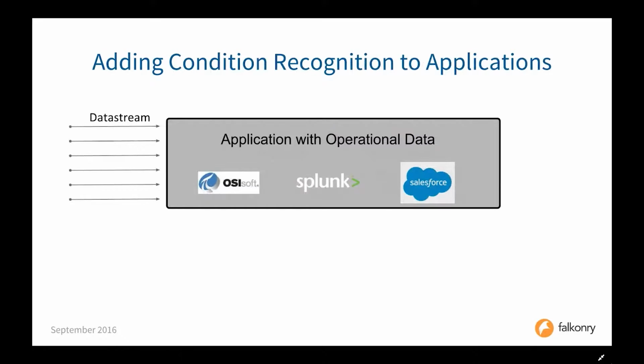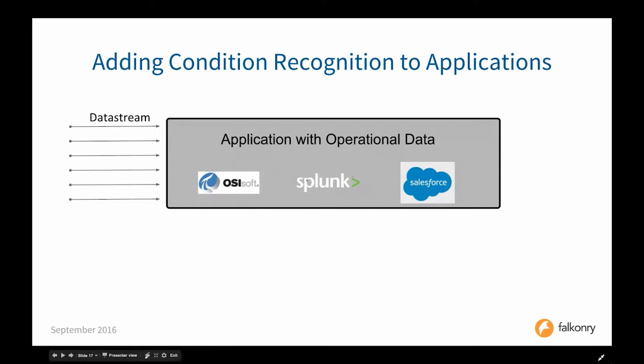Moving on, let me tell you how this AI gets delivered. One of the obvious questions that many of you would have is that there are so many domains. Every domain will have a different set of conditions and a different set of data that they care for. Falkonry's approach is to make this condition recognition available as a service, which means that whatever operational data management technology you are using,